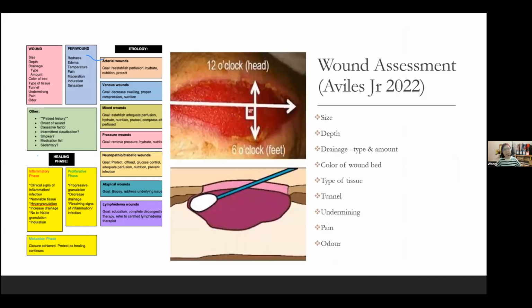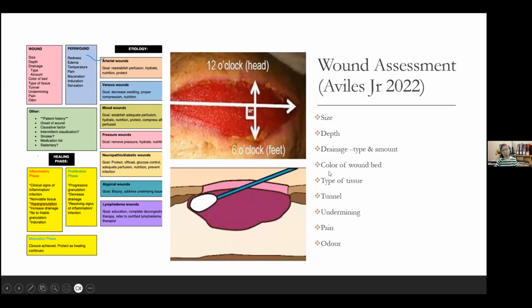Okay, now we go briefly to wound assessment. In general, this is not just pertaining to the pressure ulcer. There are many different ways of looking at wound assessment. I have taken this one from Abel's 2022. It has very detailed categorization, but I think the important areas we need to know are the size of the wound, that means the length and breadth, the depth, and also sometimes the drainage of the wound exudate,